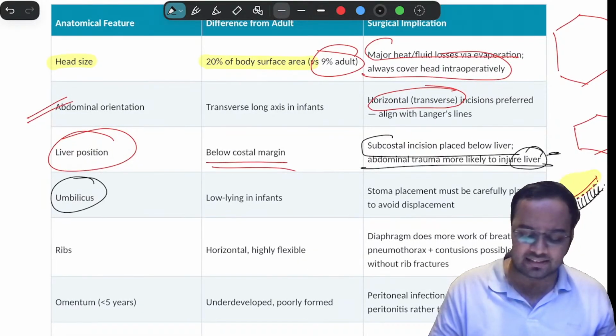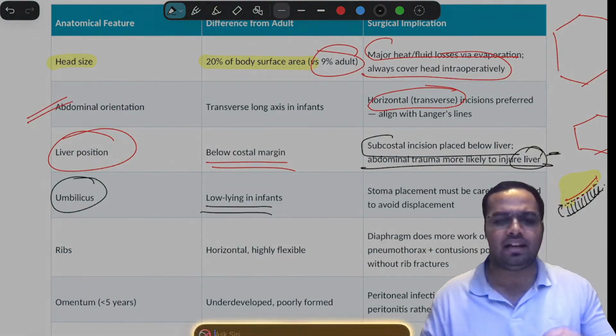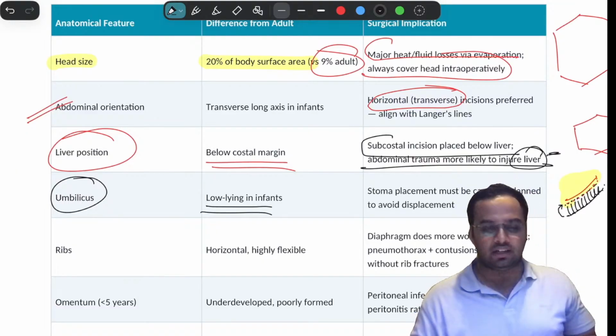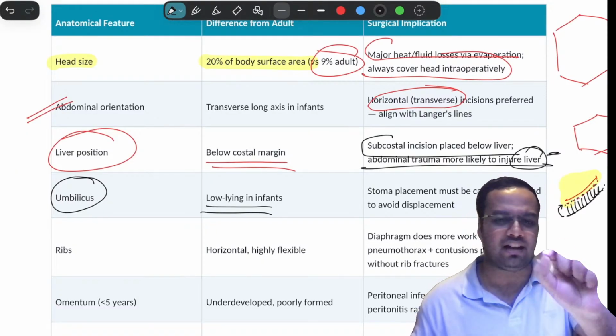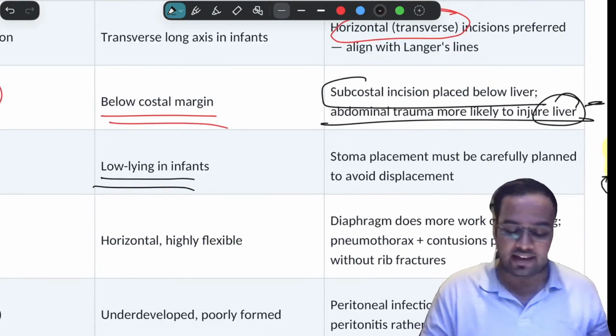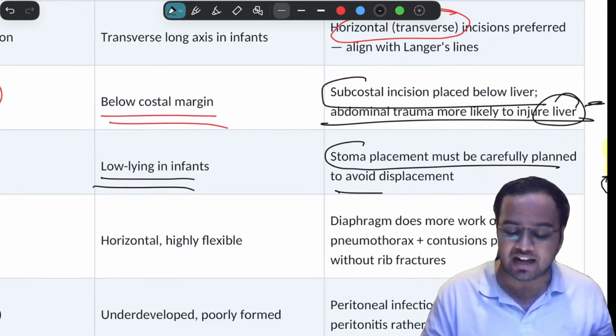Umbilicus. So the umbilicus is low lying in infants. The normal umbilicus distance is 2/3 to 1/3. So upper 2/3 and lower 1/3 is the normal margin. The umbilicus is placed behind that. But in infants, the umbilicus is actually lower, and hence stoma placement must be carefully planned, because